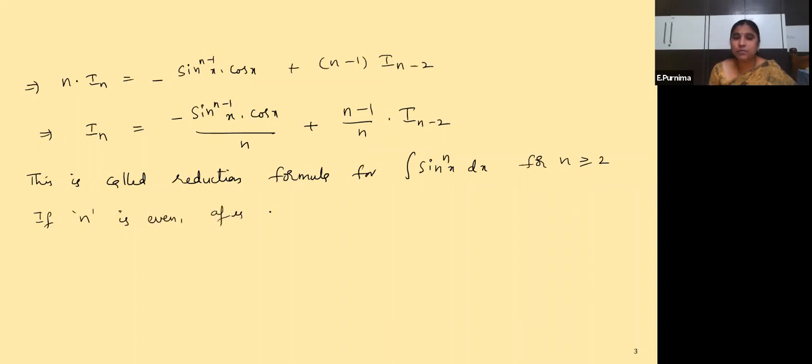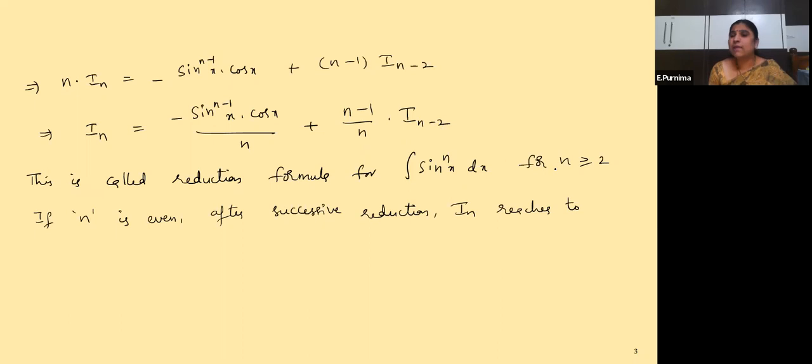After successive reduction, if n is even, In reaches to where? Where it reaches? See here. What is the step here we have in the last term? I(n-2) we have. N minus 2 means what? If n value is even number, for suppose 4, sin^4 x is there. In the first step of integration, what we get? 4 minus 2 is 2. Means till I2 we get. Again, we have to do for the next.